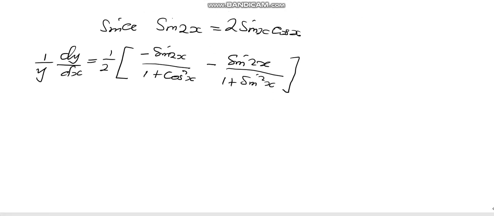Now we make dy dx the subject by simply multiplying throughout by y. If you multiply throughout by y, we're simply going to have